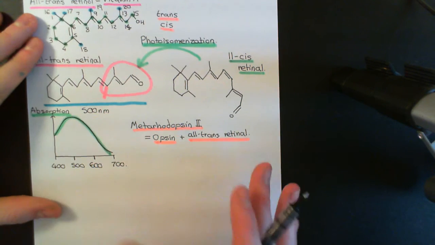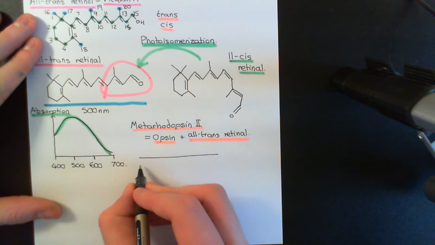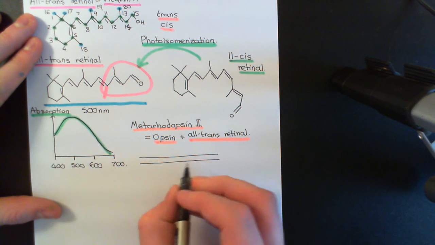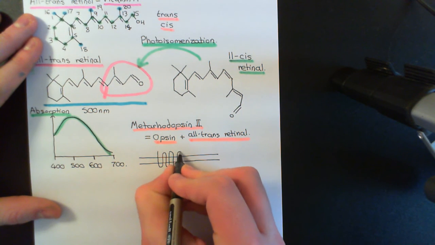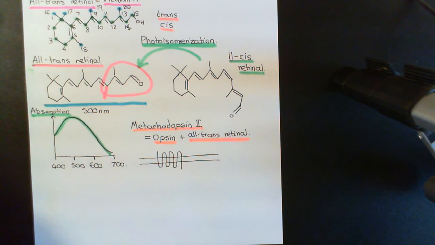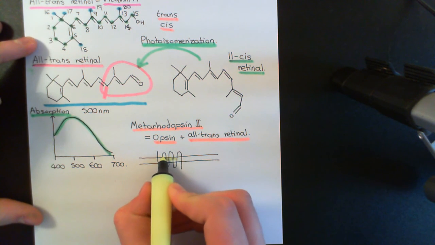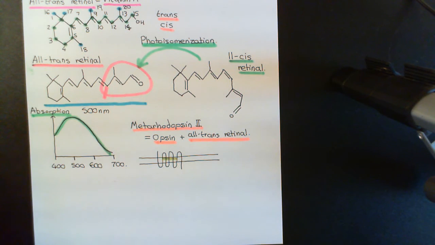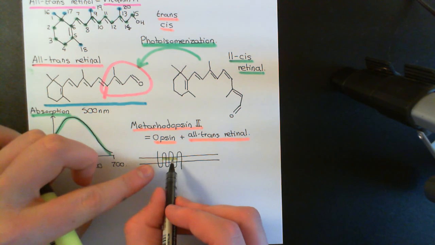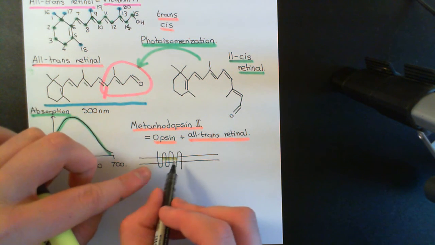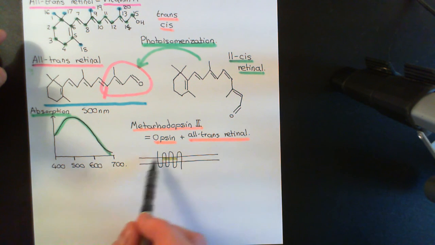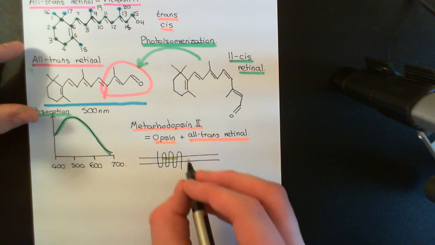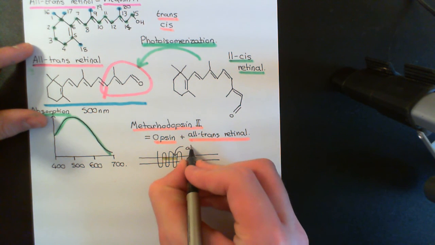So I'll draw this here. So here again, this is the phospholipid bilayer of one of the discs here. Here is our opsin G-protein coupled receptor. Okay, and now it's not got 11-cis retinal bound to it anymore. It's got all-trans retinal bound to it, which I will represent in yellow here. So once you've got the all-trans retinal bound to it, it causes conformational change inside the opsin protein, and now the opsin protein is going to interact with proteins inside the cytoplasm of the cell in a different way. So this molecule here is now